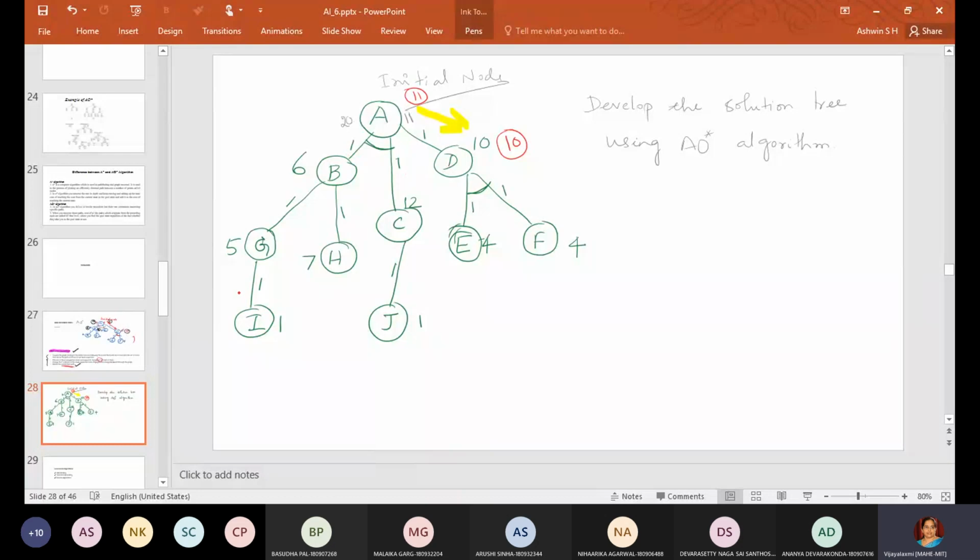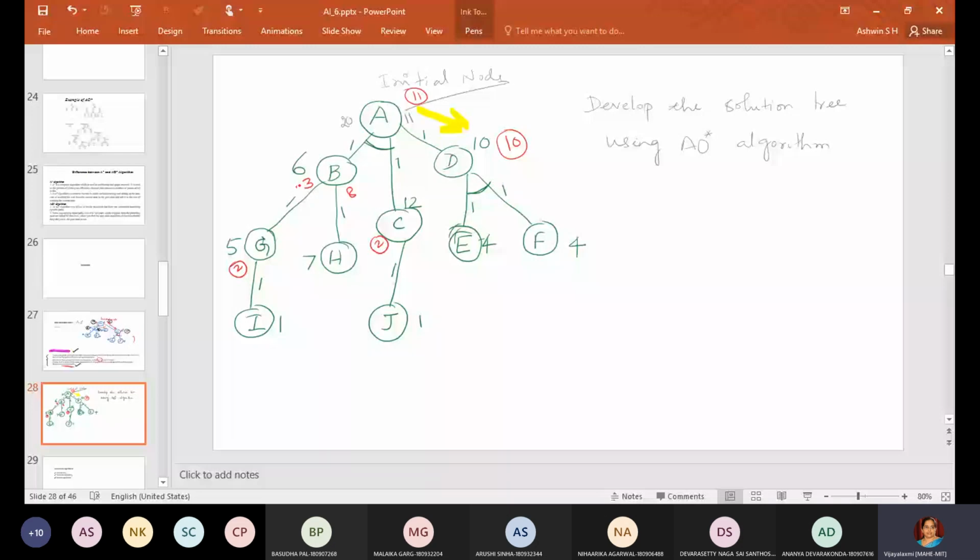This is given 1 plus 1, so this is the new value. I'll write it in this red color, 2. Okay. And here this is 1 and this is 1. This is also 2. This is anyhow 7. So here, is there any arc? No, there is no arc here. So 7 plus 2, 9. Here, I should not add 2, because there is no arc here. So here it is 3 and here it is 8. If there was an arc here, I would have added it, but there is no arc.